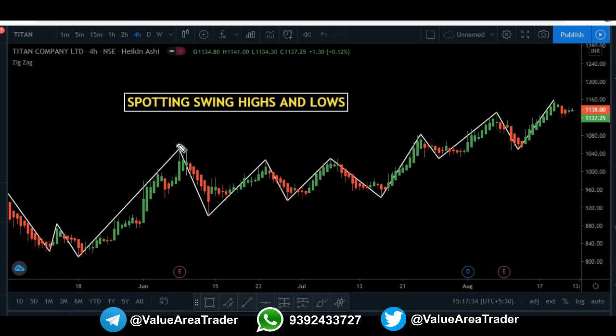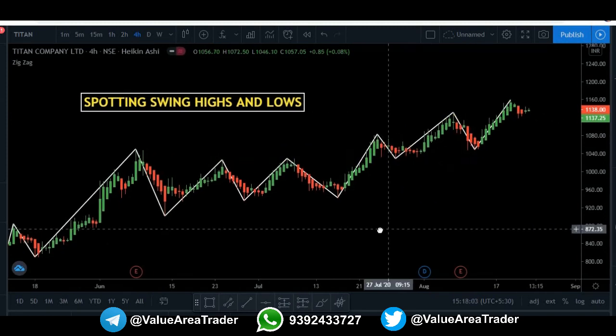These are the swing highs. This is a high, this is a low. Here it is not making a higher high, it is making a lower low, but still both these highs are not broken, so it is in a kind of side trend. Whenever this high is broken, I can see there is a trend change. It comes back, takes support on this swing high, and then moves again. So this is how prices move.